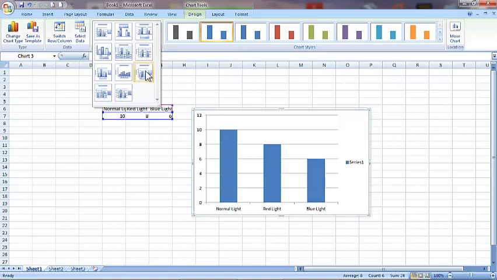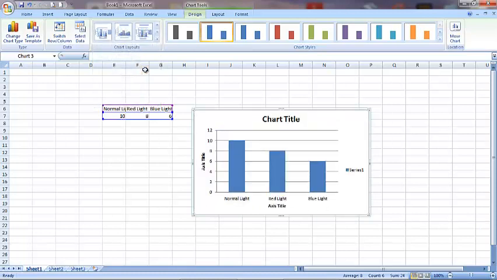I'm going to choose this one because it gives us the option of labeling the axes and putting a title in. So I'm going to click on that, and now we can go in and edit this. So if I go into this and click on chart, I can edit the text. So I'm going to delete this, and I'm going to put in the title of our experiment, which is the